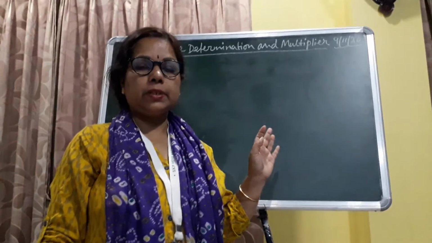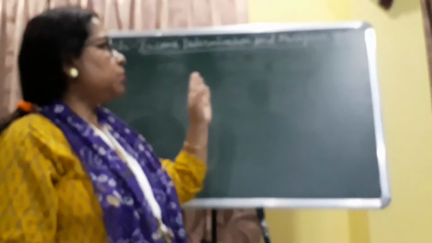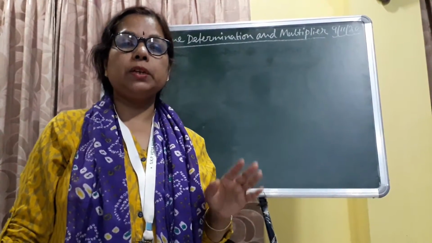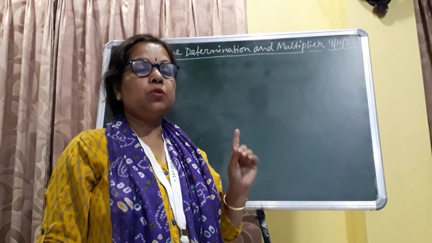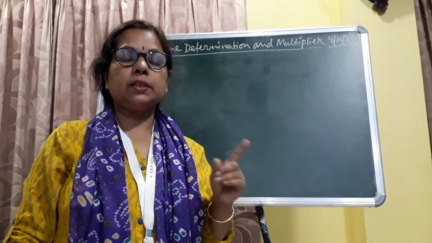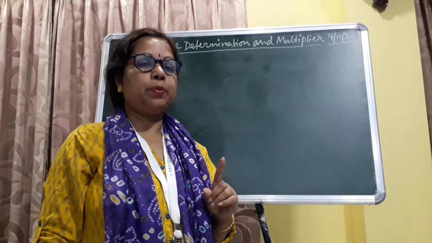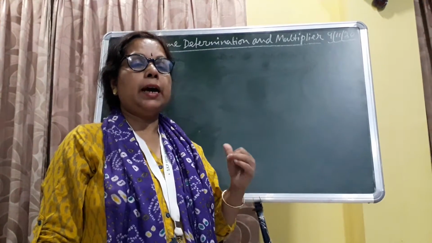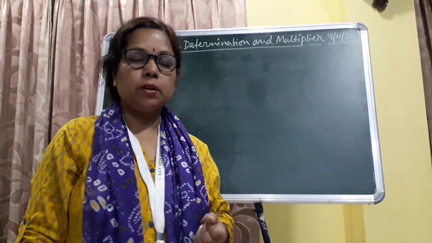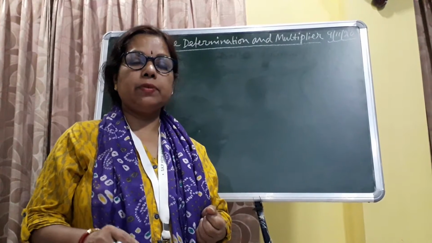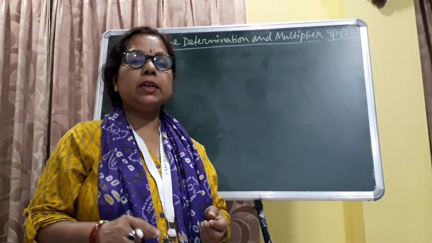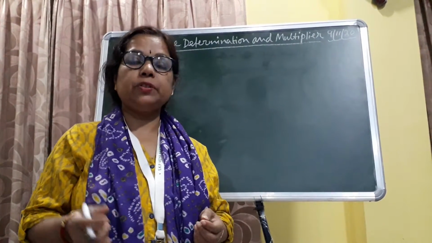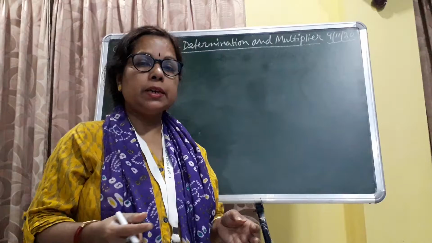In the previous class I started the chapter income determination and multiplier. Income determination means the equilibrium level of income, output and employment. In the previous class I told you that there are two approaches applied: the aggregate demand equal aggregate supply approach, and the saving equal investment approach. Today I will explain saving equal investment, and in what way the equilibrium level of income, output and employment is decided with the help of the saving and investment